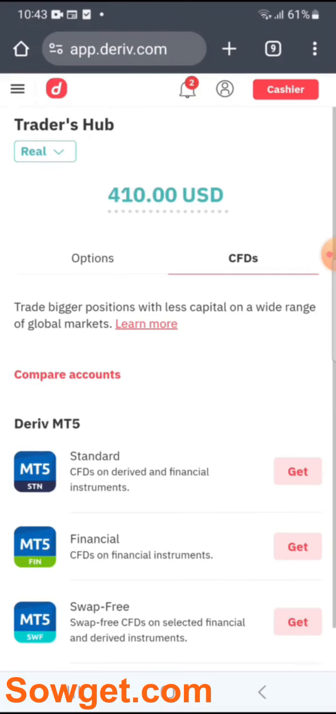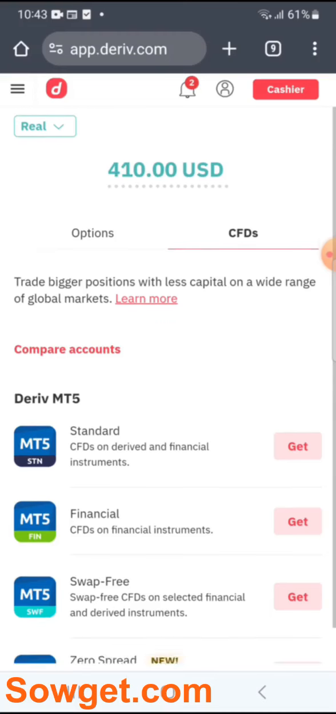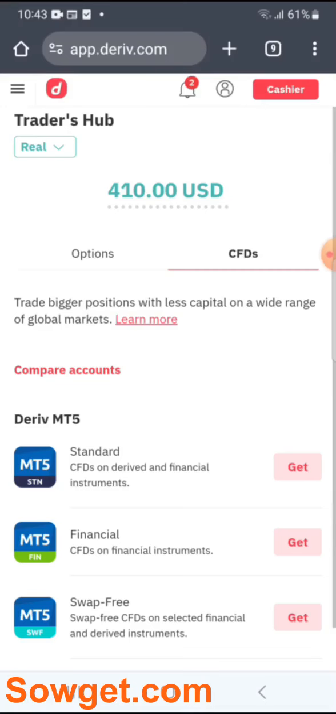The Deriv cTrader is just a new platform that was launched about 2 months ago by Deriv. So it's just growing, and in the coming weeks or months, I believe there will be a lot of changes on the platform. What I will do in this tutorial is show you how you can use the platform for the first time or as a beginner,